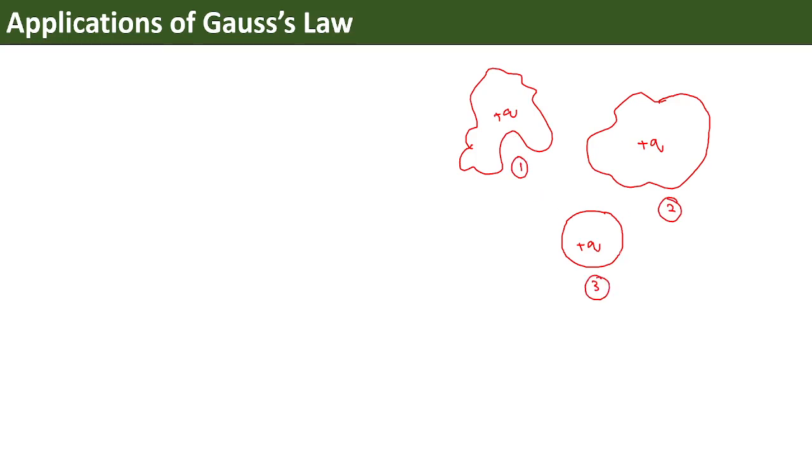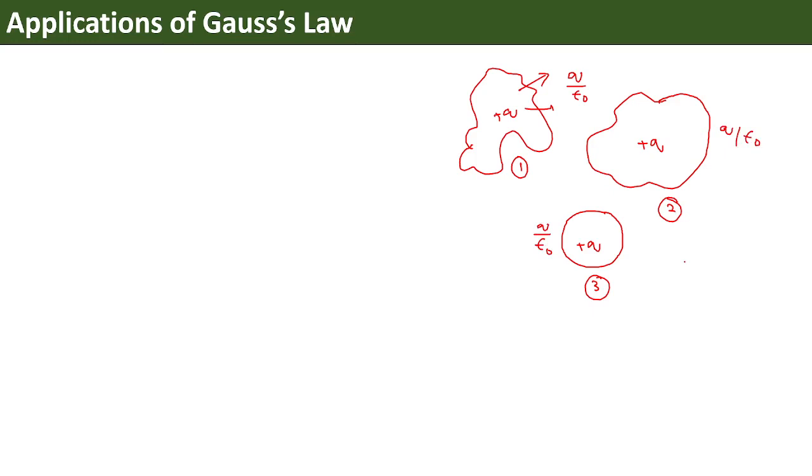Now out of these 3, surface 3 is very symmetric. It has a spherical symmetry. However, surfaces 1 and 2 do not have any specific symmetry. All right. So we want to make this statement that Gauss's law is always true. If you ask what is the flux of the electric field through the surface, I would definitely say this is q upon epsilon naught, and the same, q upon epsilon naught here also, and here also.